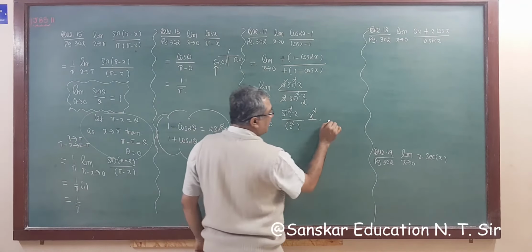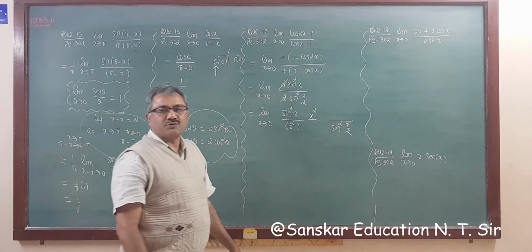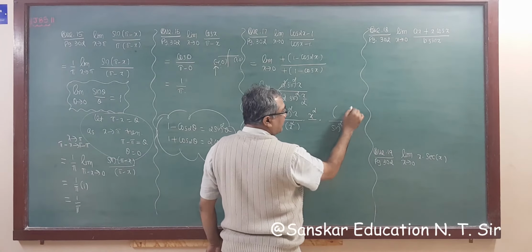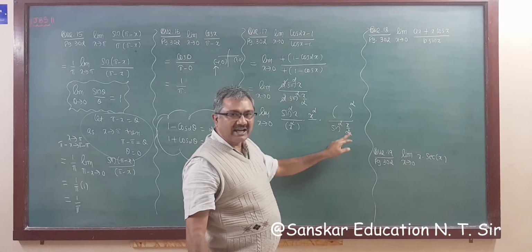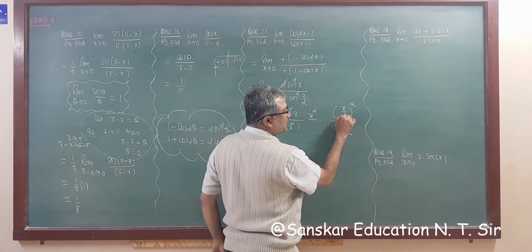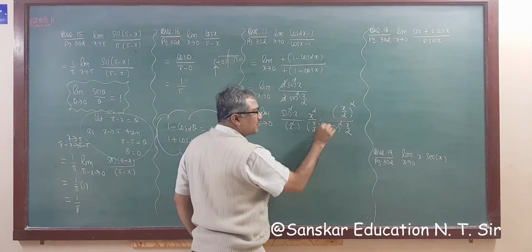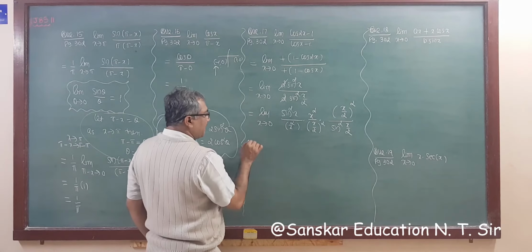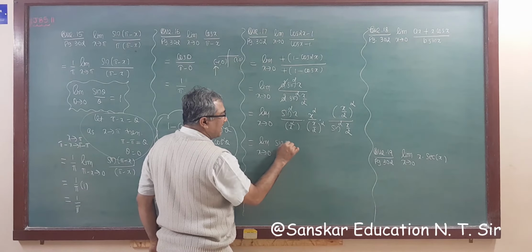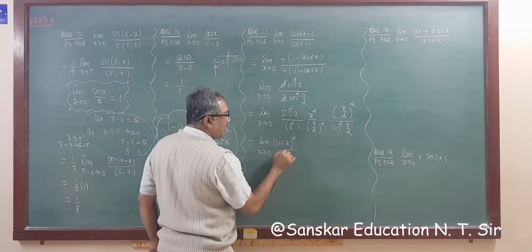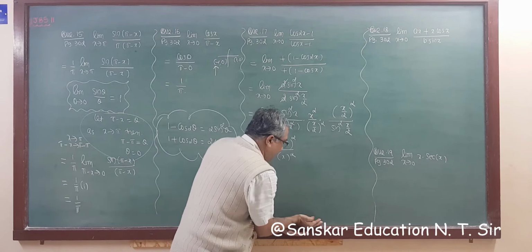Now in the denominator, there is sin square x by 2. So what we require is whole square. Sin square means we require the whole square, now x by 2. So we multiply by x by 2 whole square. That means we have to divide by x by 2 whole square. Right? So now giving separate limits. This is limit x tends to 0, sin x whole square upon x whole square. Right? Now this is x square.